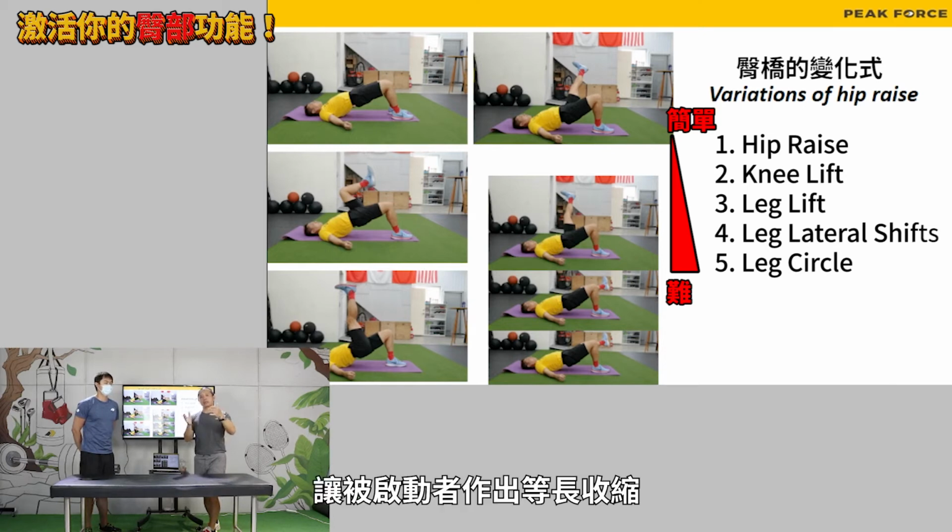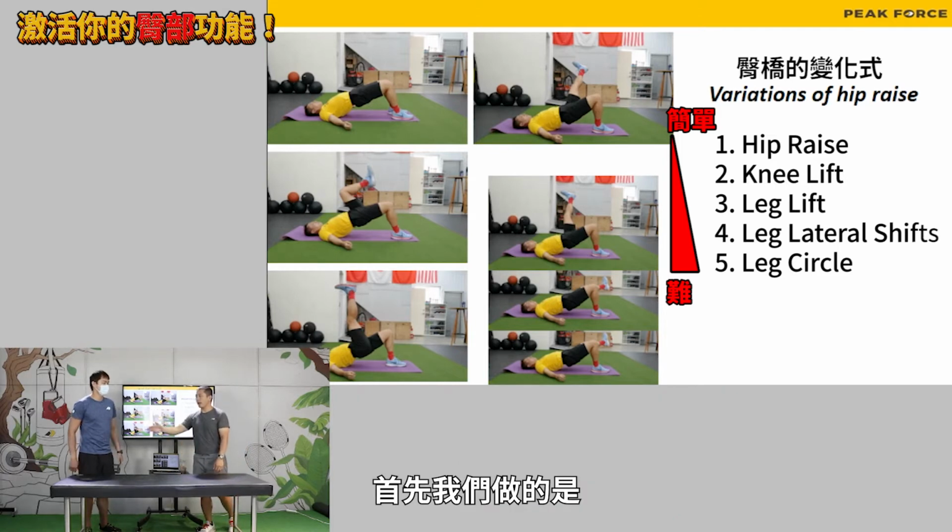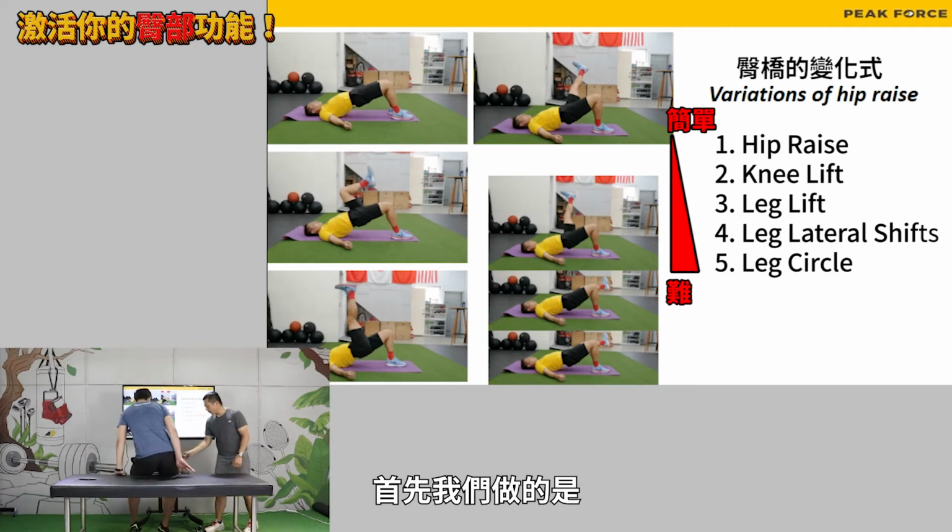Okay, so I'm gonna put the person in isometric contraction to get more activation from those muscles. 好，那待会呢，我们使用的方式会是做等长的收缩，用等长收缩的方式呢来去激活那我们每个人的髋关节的能力，这样。